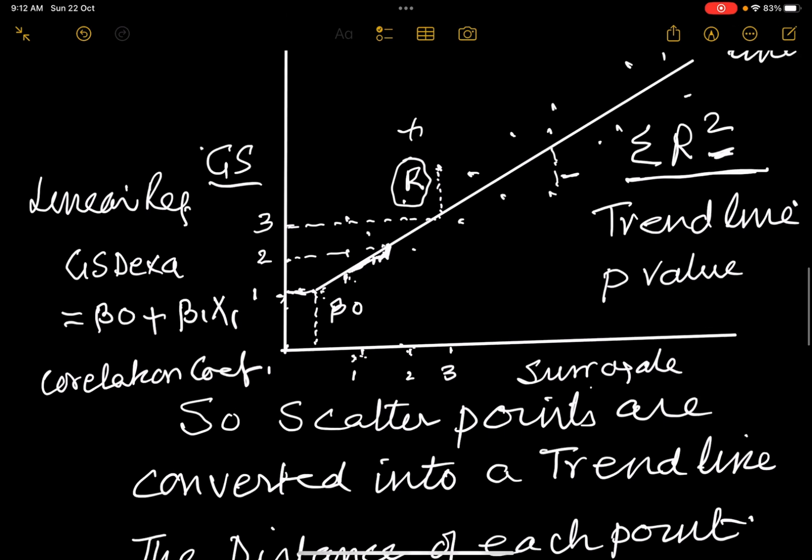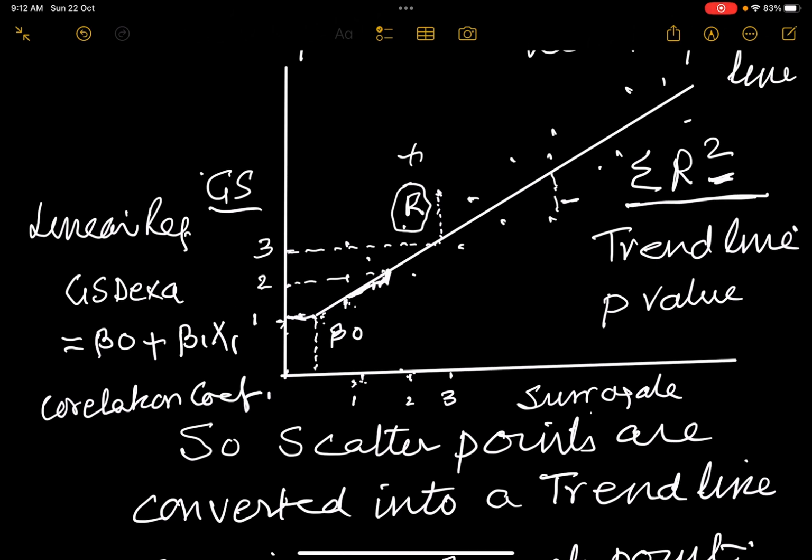You can convert this into a formula by which the DEXA readings can be predicted by the ultrasound readings. For example, if you want to predict this reading, the 3 reading, you will have to add some value which is beta 0, which is this much,